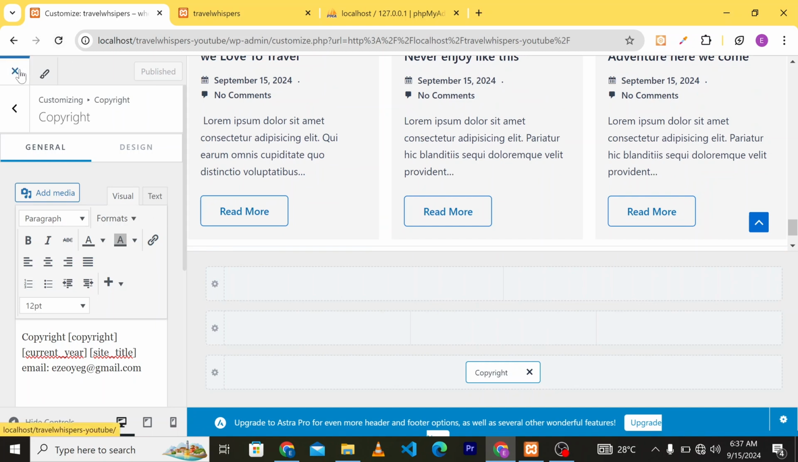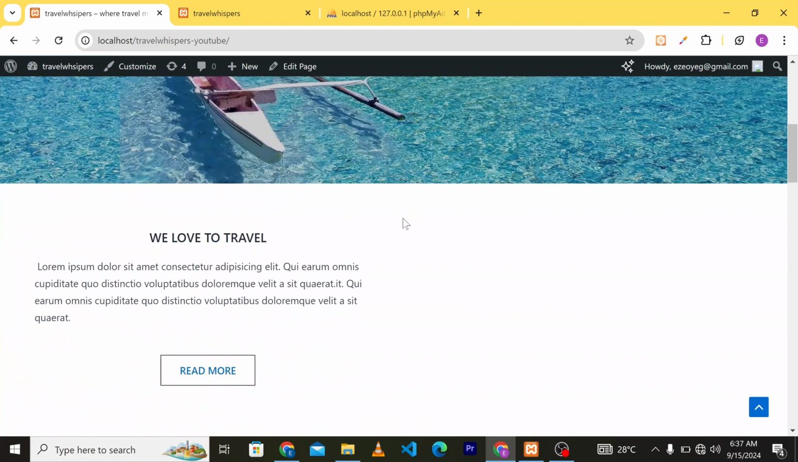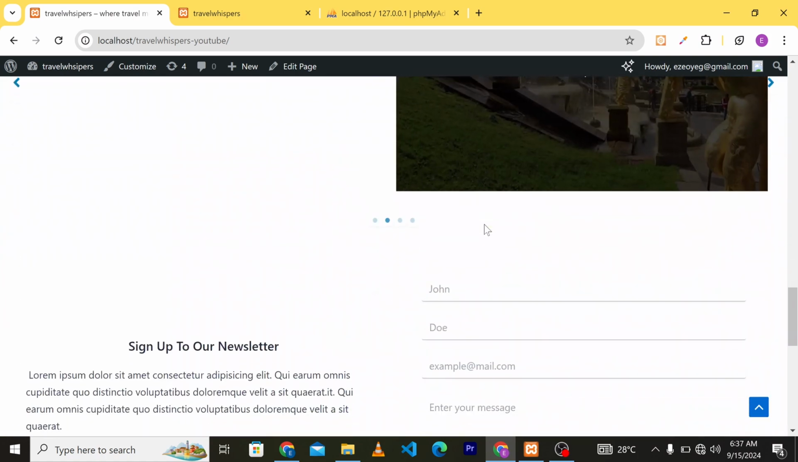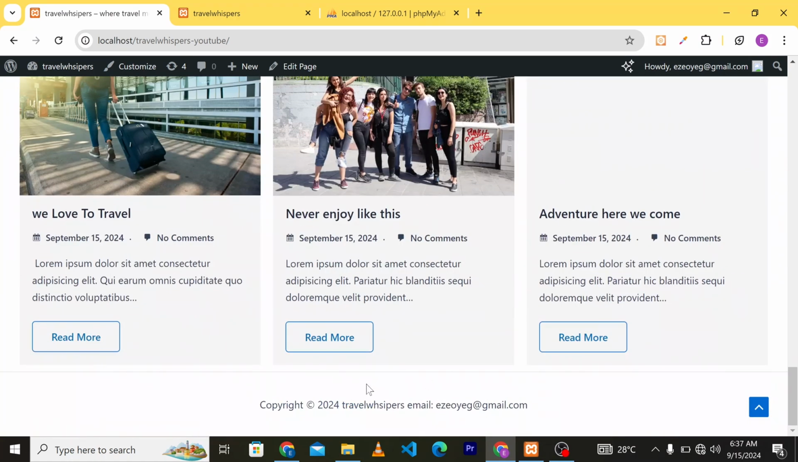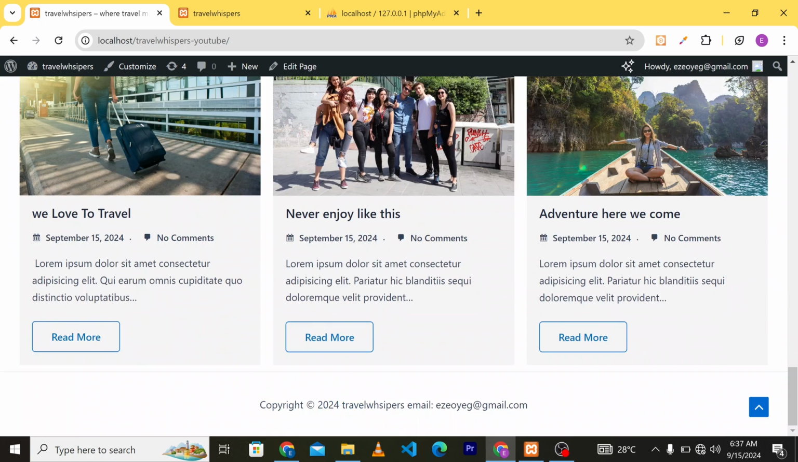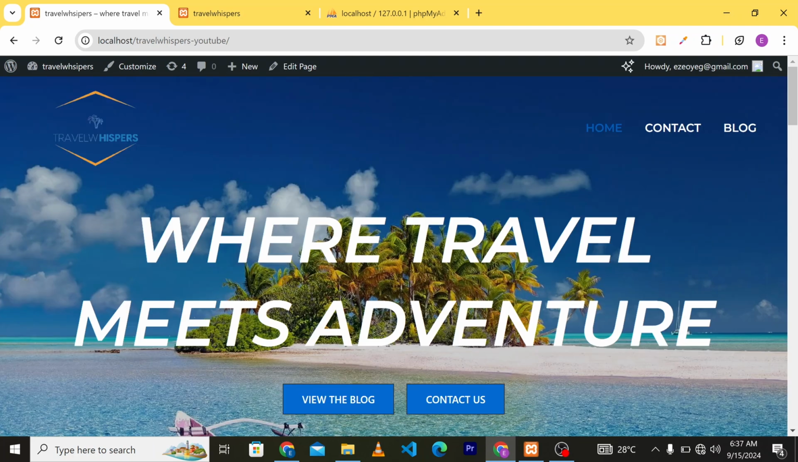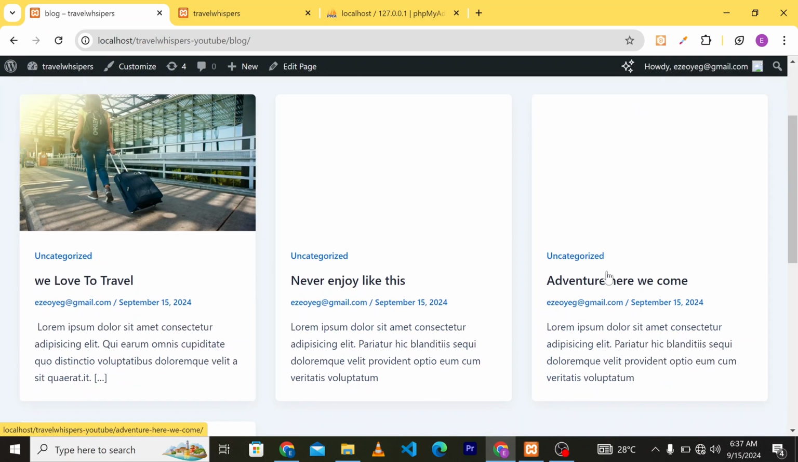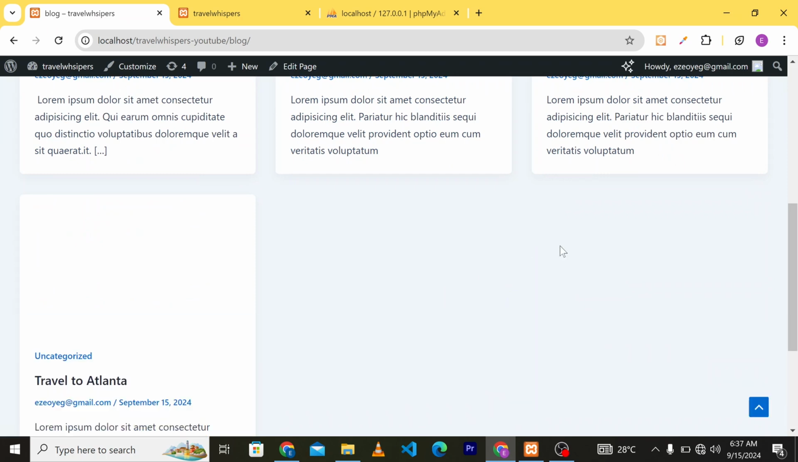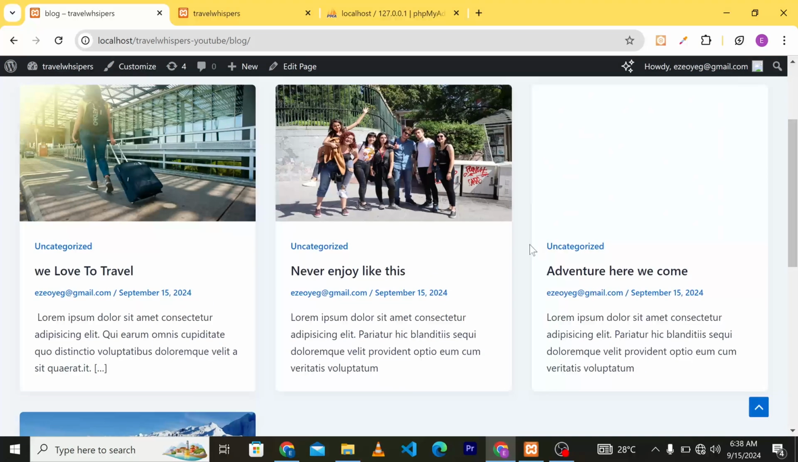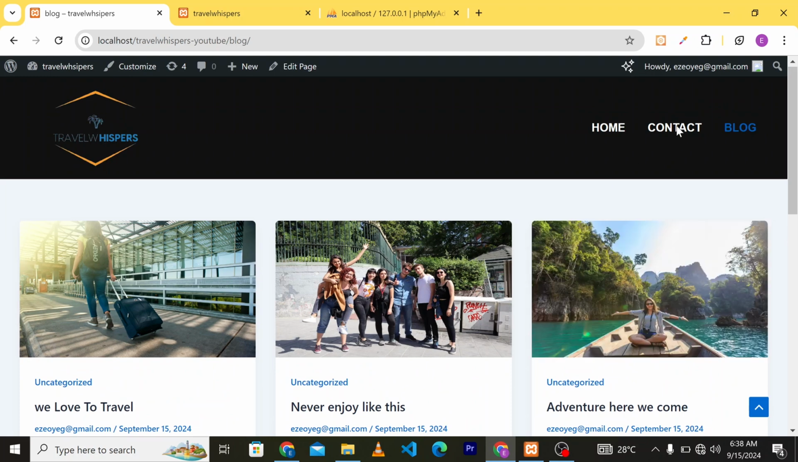So let's head back up and see what it actually looks like. So right here, if you just scroll down, so we have copyright 2024, email is g@gmail.com. So looking all nice. So lastly, if you just check on the post page and the blog page, okay, so we just have our blogs here arranged in a grid style. So looking all nice and good. So if you check on our contact page,